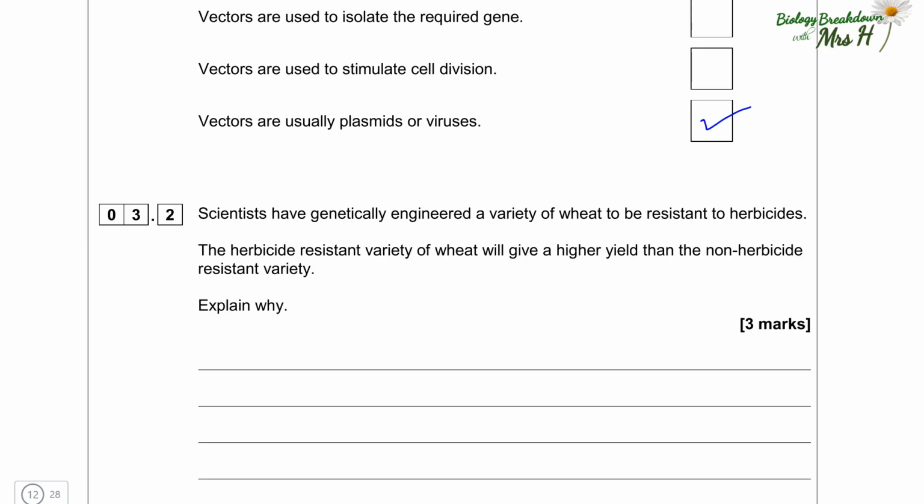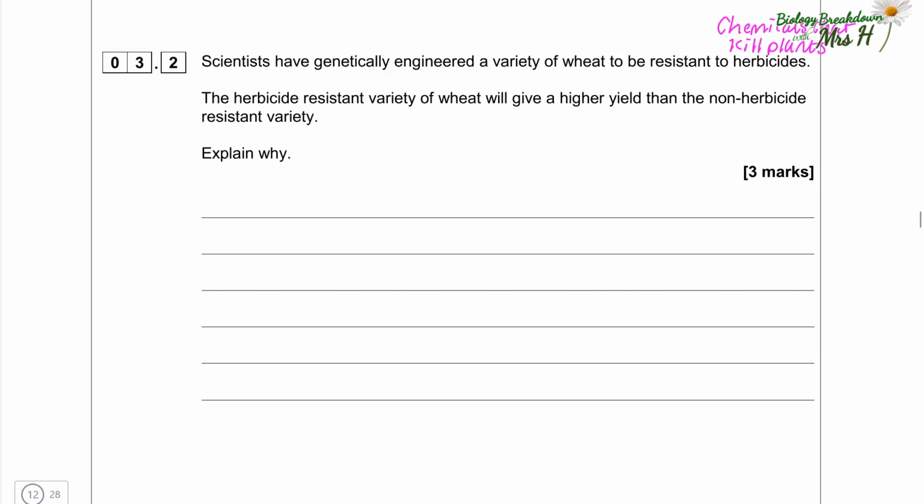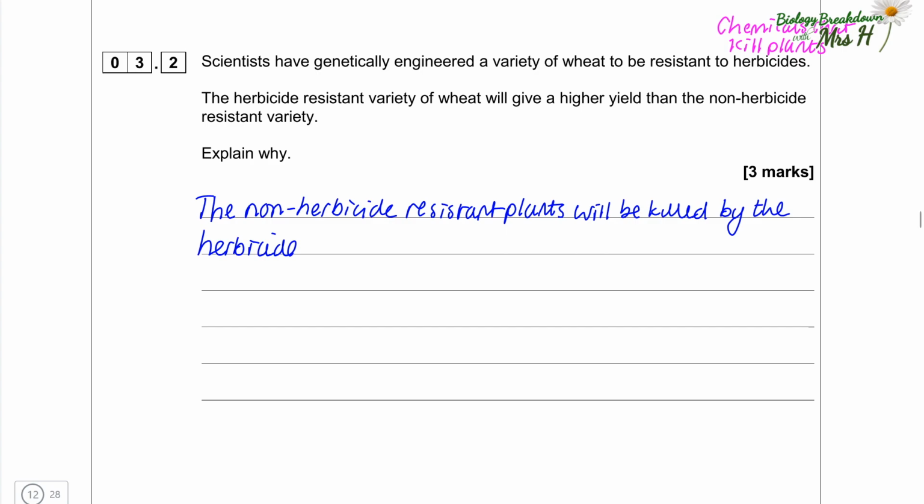Scientists have genetically engineered a variety of wheat to be resistant to herbicides. Herbicides are chemicals that kill plants. The herbicide-resistant variety of wheat, so those that won't be killed by the herbicide, will give a higher yield, so there'll be more of it, than the non-herbicide-resistant variety. Explain why. Well, the non-herbicide-resistant plants will be killed by the herbicide, and the herbicide-resistant wheat plant won't be killed